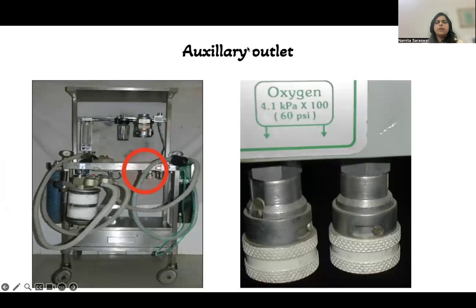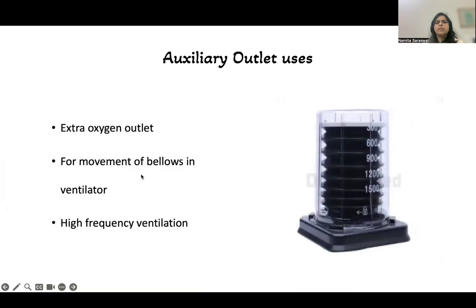There are auxiliary outlets also. You can see here there are two auxiliary outlets. The function of these auxiliary outlets is that they act as extra oxygen outlets. They provide oxygen for the movement of the bellows in the ventilators and can also provide high frequency ventilation for